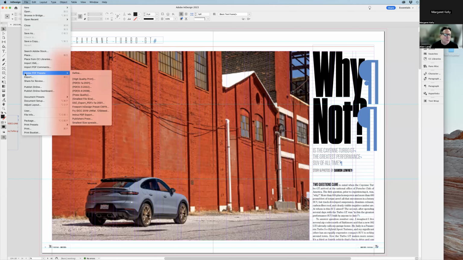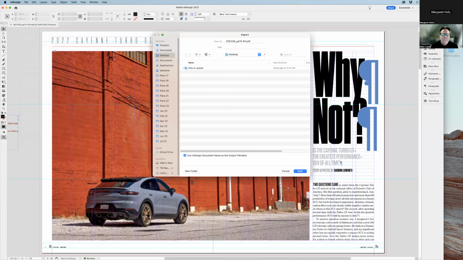You go to the Adobe presets, you go to the LSC preset, which is DSC export, and we would name this Porsche June